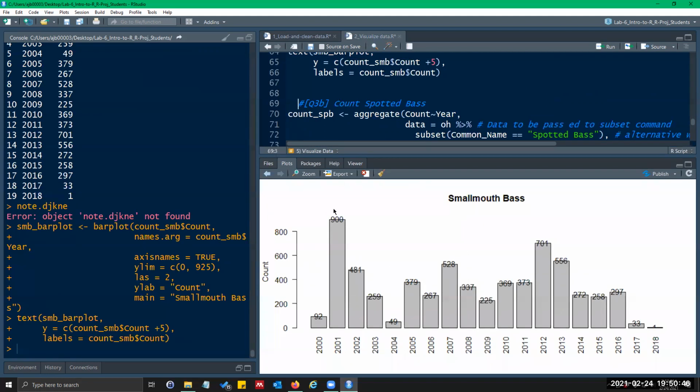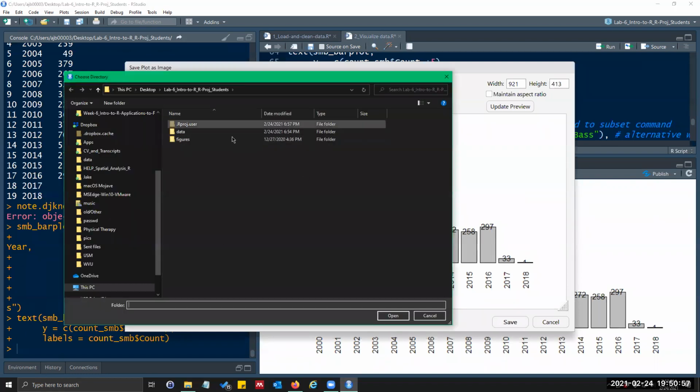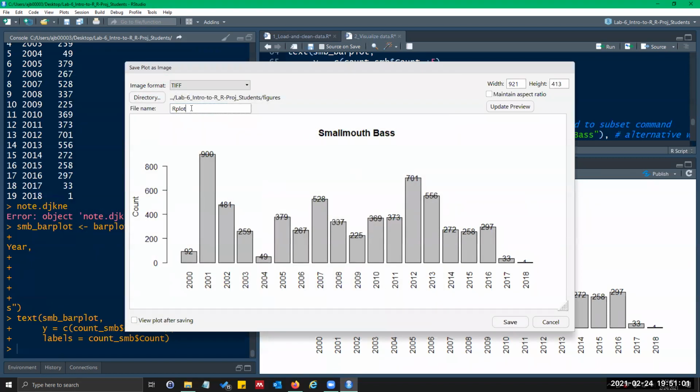Maybe you want to play around with it a little bit, but to export this, simply go export, save image as. Right now it's not in my figures, it's in my main directory. You can double click figures and hit open, and then just give it a good name.